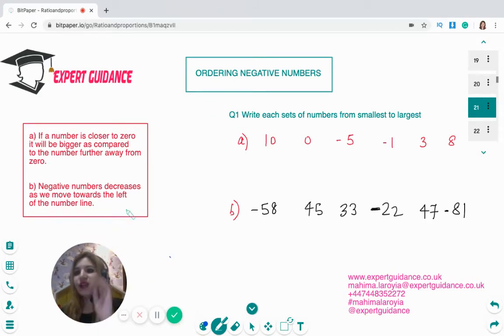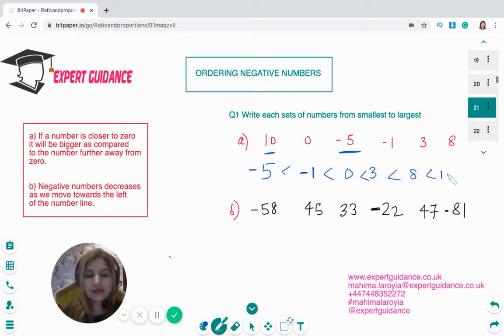So the rule is, if a negative number is closer to zero, it will be a bigger number as compared to the number further away from the zero. So negative numbers decrease as we move towards the left of the number line. So let us order these numbers. First, the smallest number will be the negative number with the highest value. So I think -5 is the biggest number with negative, so that is the smallest number, followed by -1, and then we have 0,